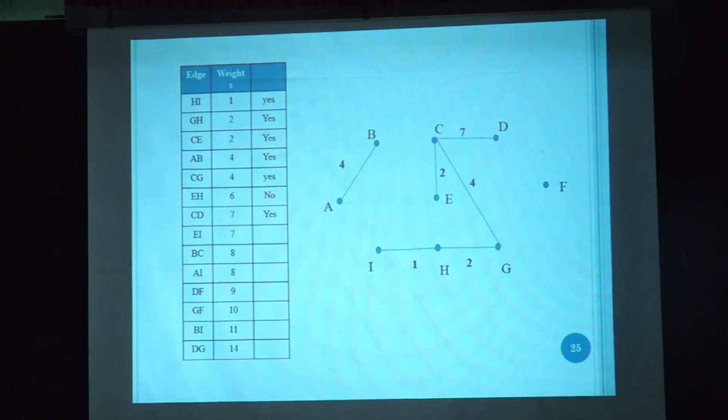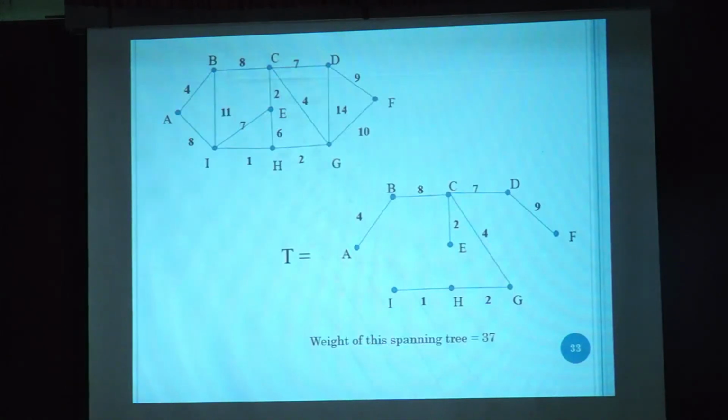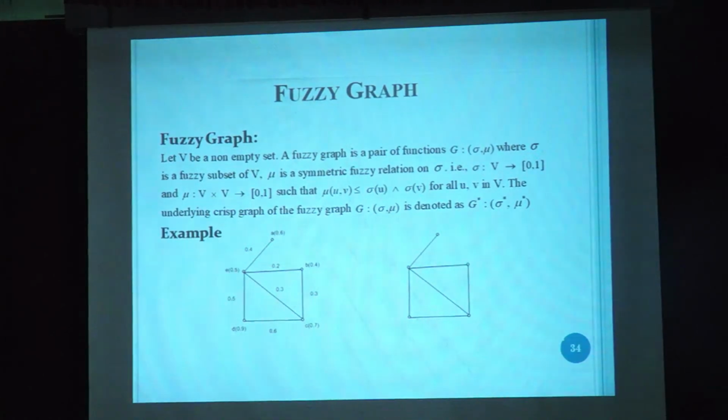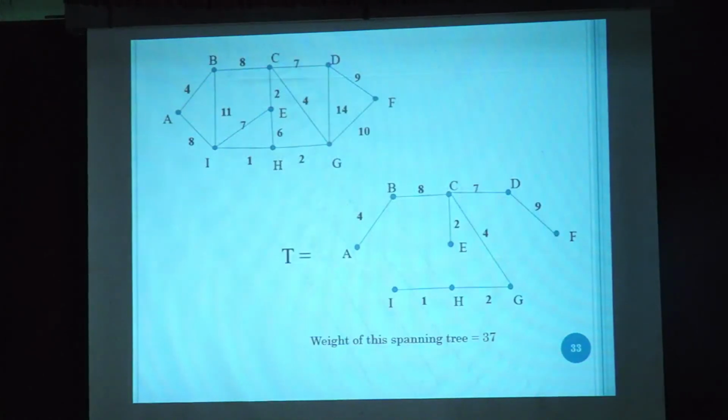So I'm connecting the next cycle, that is the next line, which is CD. Now again, next is CI, next weight is 7, which is, again, I'm getting a cycle, which is CGHIE. So remove it, go for the next. If I go on, I'll be getting my minimum spanning tree to be this, and the weight of this minimum spanning tree is 37. Okay, so for the given graph, my minimum spanning tree is this,